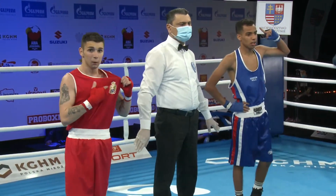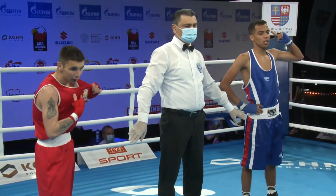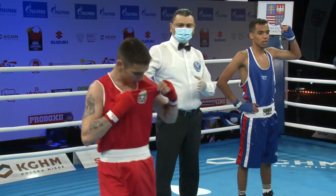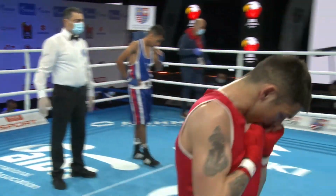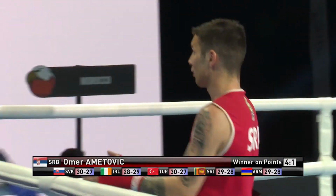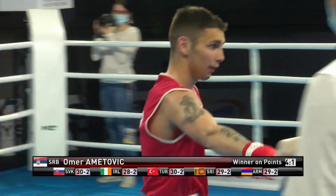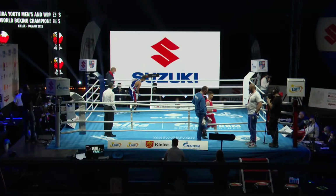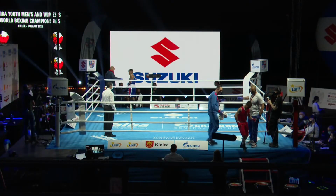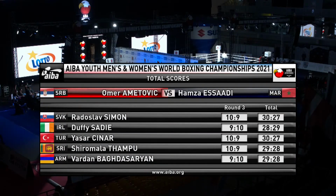Ladies and gentlemen, win on points by split decision from the red corner, Omer AMETOVIC, Serbia. So AMETOVIC gets it, and he goes safely through to the quarterfinals. 4 cards to 1, so Ireland just going against him there, 2 rounds to 1. Everybody else finding in his favour, generally by scores of 3 rounds to 0. Some split scoring in that final round from Ireland and